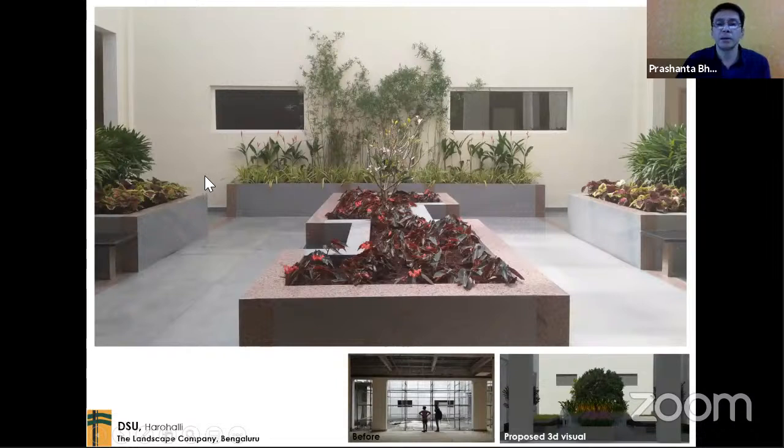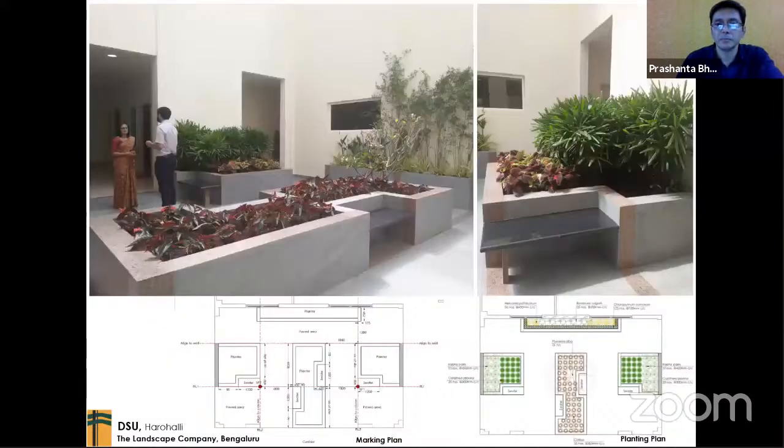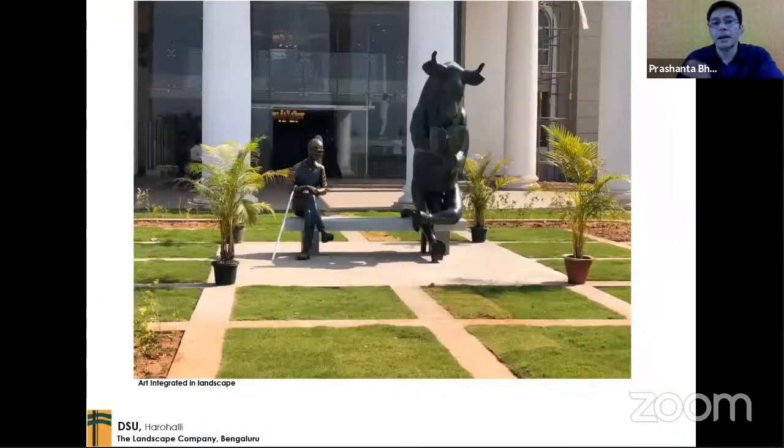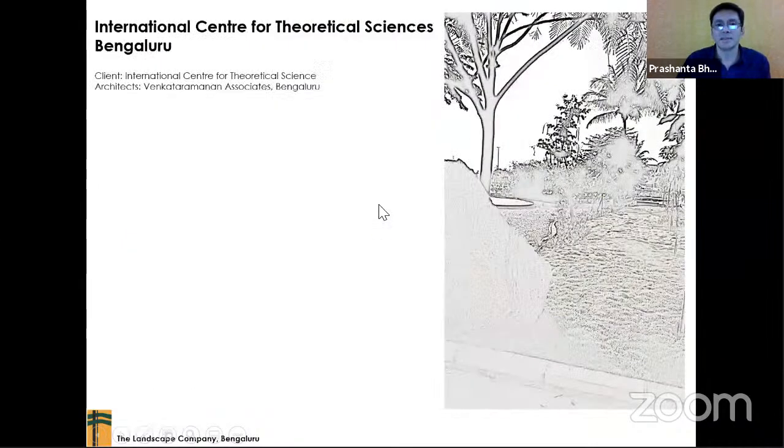Courtyards inside the hospital. We were lucky that they allowed us to bring in plants, because many hospitals are very particular that pollen and insects will come into it. But this is more of a clinic, so they allowed us to do this. And art in the landscape is very important. I think art kind of touches the soul, and it's very important to integrate art into the landscape. And this becomes a point where students will come, sit here in the middle, take a photograph with the sculptures, and it's quite a nice thing.